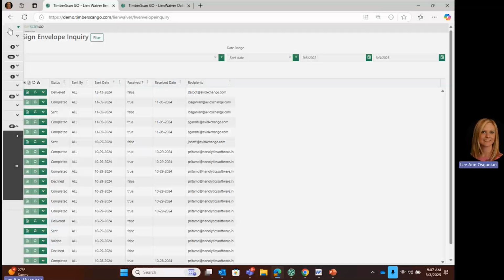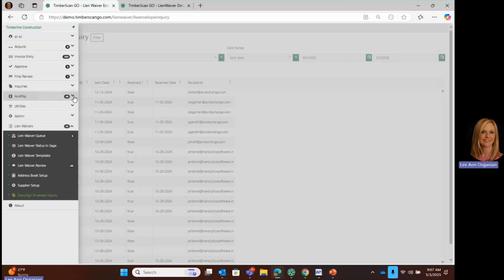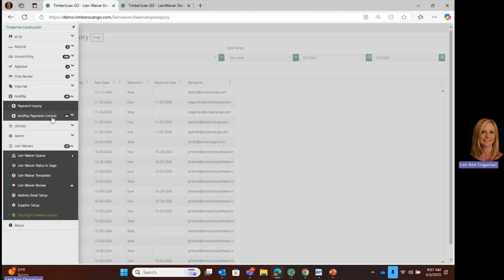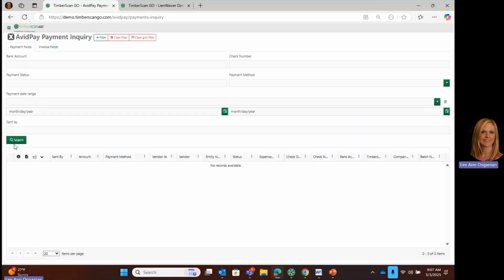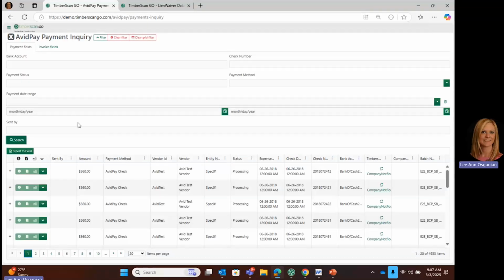All right, and then, like I said, the last piece of that is we tied it in with the payment release, so you can easily see if there's a lien waiver outstanding as part of the payment approval process. Once those payments are approved, you have the payment inquiry. So this shows me all of the payments. It'll tell me the status of the payment